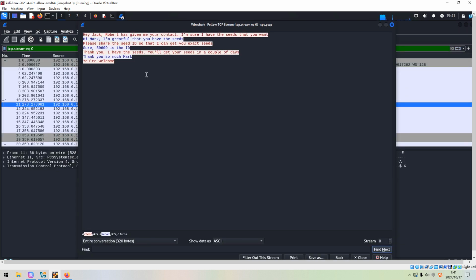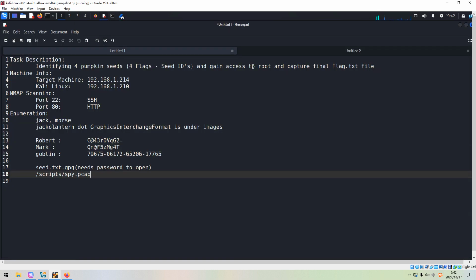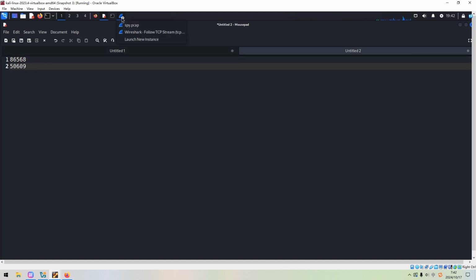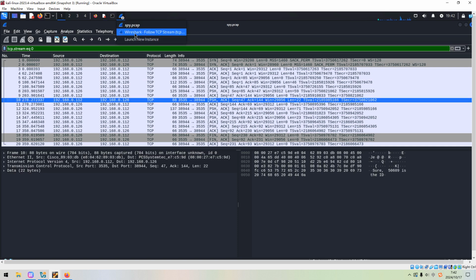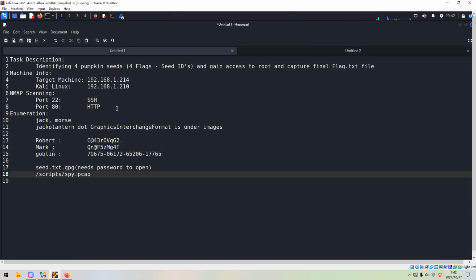And then you can get something. I have seeds. So I think this should be another seed. We can note down such information. Let's go back. So I have the seeds. I'm sure I have the seeds that you want. So hi Mike, I'm Robert. So another possible username. But I think Jack is most important.